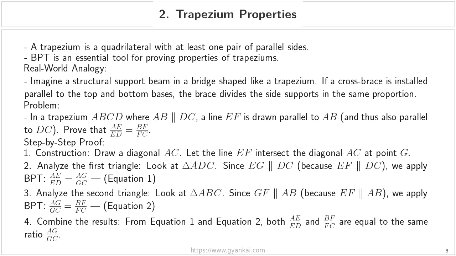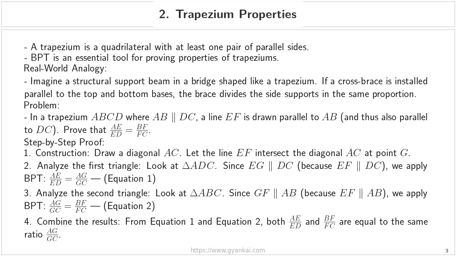Step 4. Now, look at what we have. From equation 1, we see that AE over ED equals AG over GC. From equation 2, we see that AG over GC equals BF over FC. Since both of our side ratios are equal to that same middle ratio, AG over GC, they must be equal